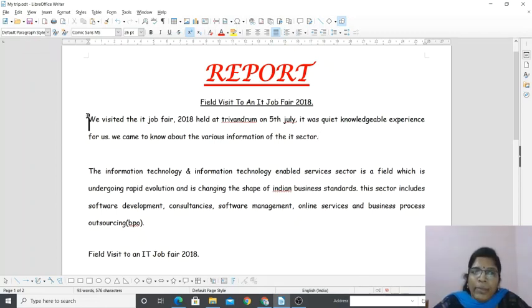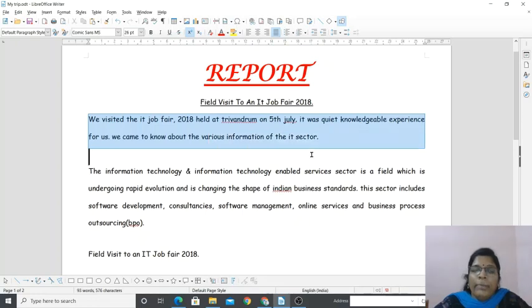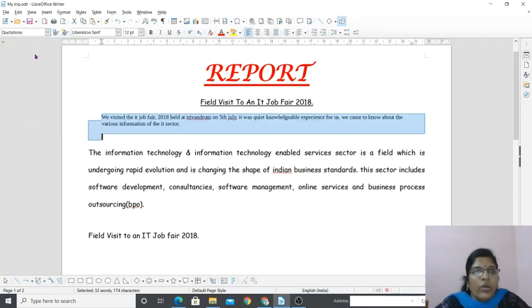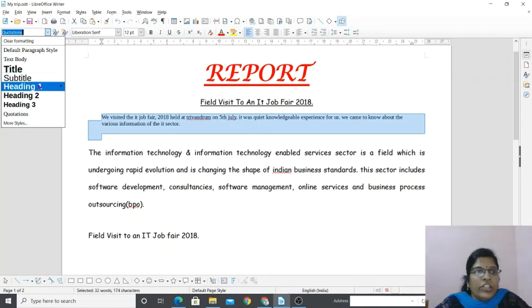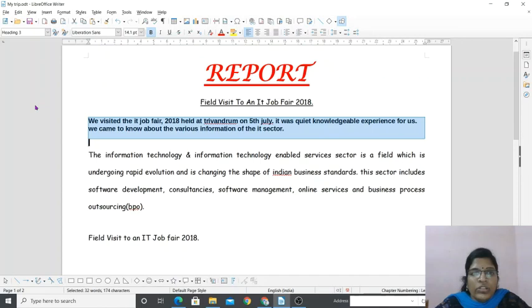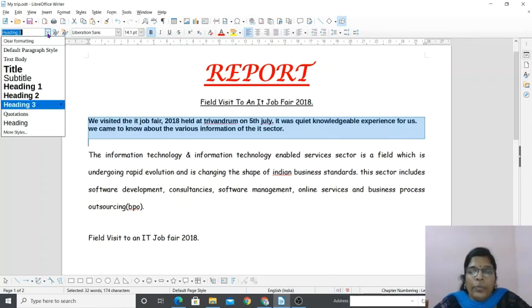You can select the paragraph first. You should select the paragraph and go to this formatting toolbar. Click on the set paragraph style. A pop-down arrow appears and you can select any suitable one for you. So this is quotations. How does it look like? You can see. Let me change it into heading 1. Then let me change it into heading 3. How does it look like? You can just have a preview, and if you are comfortable with that particular paragraph style, you can opt for it. Otherwise, you can go with another one.